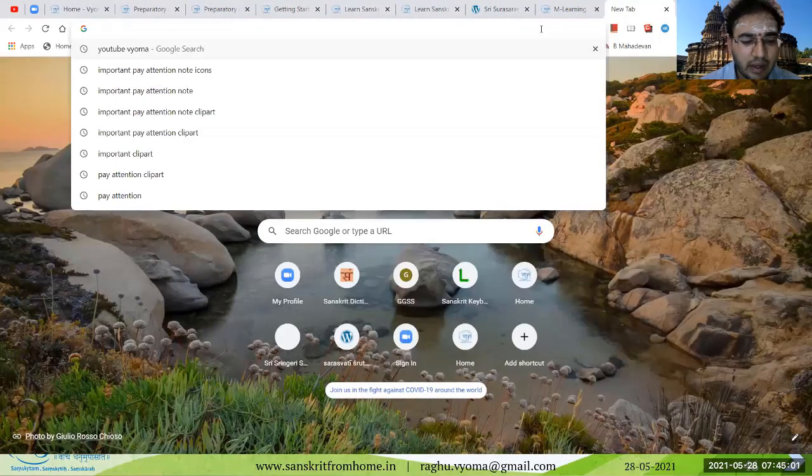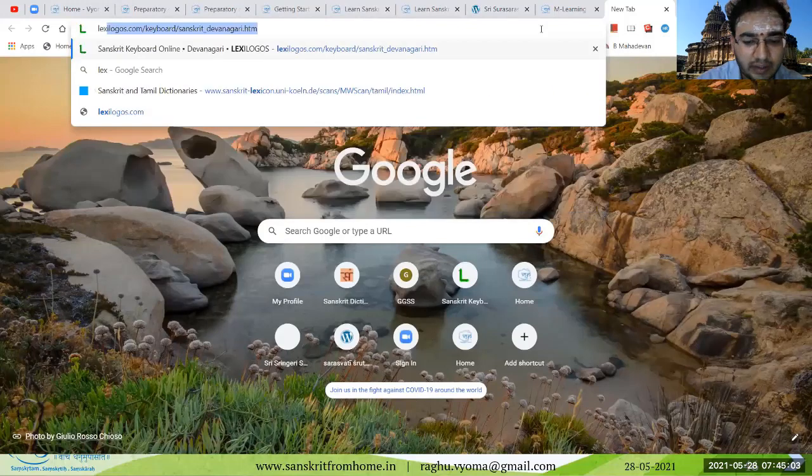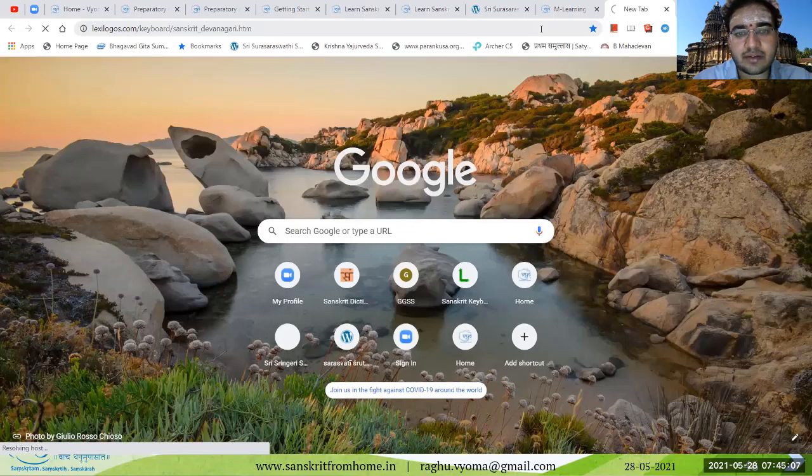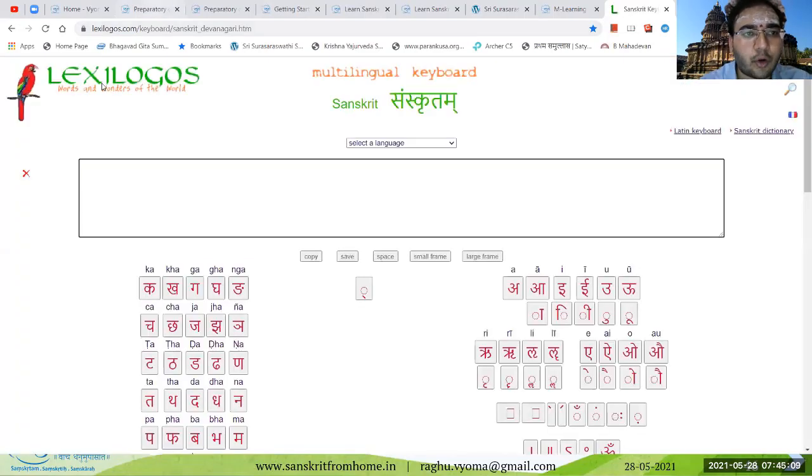For immediate use and easy practice, what I usually suggest and practice is this. You can search for Lexilogos. There is one web page that is available. If you Google just Lexilogos Devanagari, you'll get this kind of page. Here you can just type anything. If you type La, you will get La.